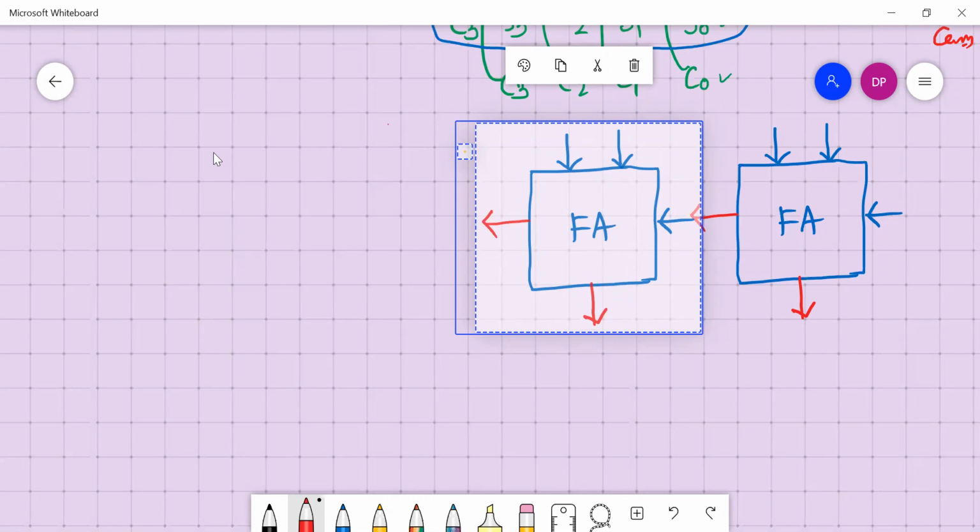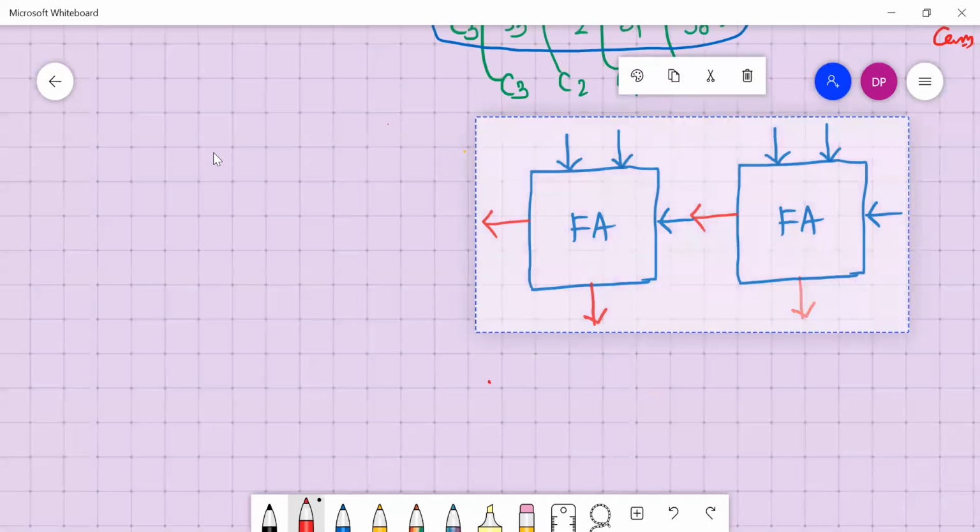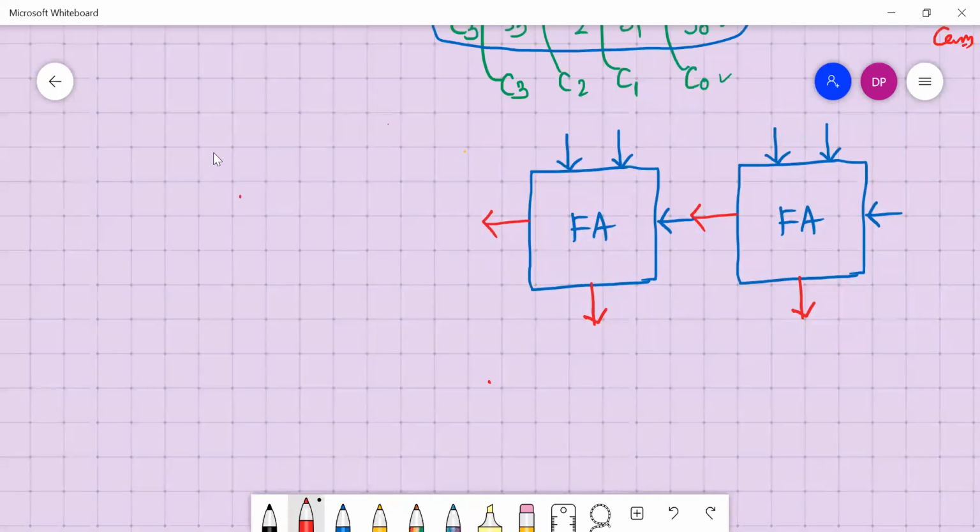So 2 full adders I have taken. And let me take these 2 again.